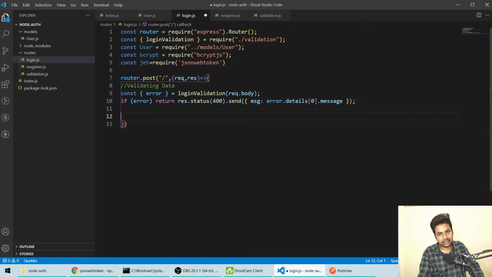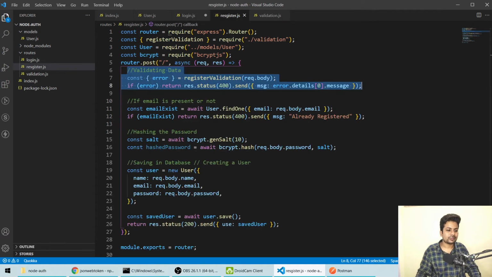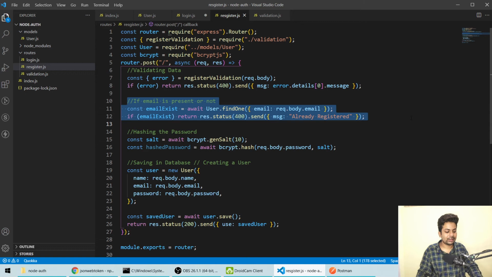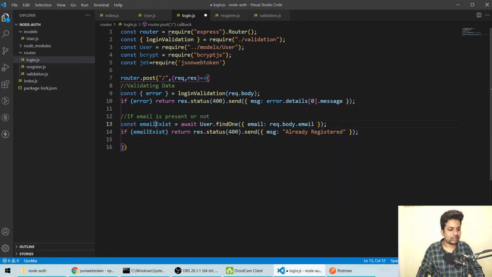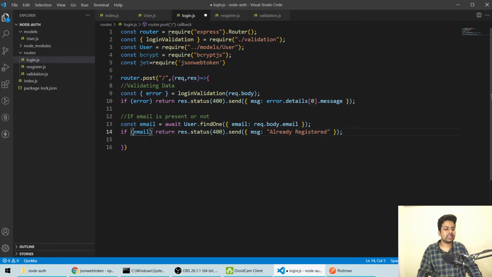Now after that, what do we need? We need to check whether the email is present or not. For login also you need to check whether the email is present or not. For that also we'll just copy it and paste it here, and we'll call it email, and this time we'll say not.